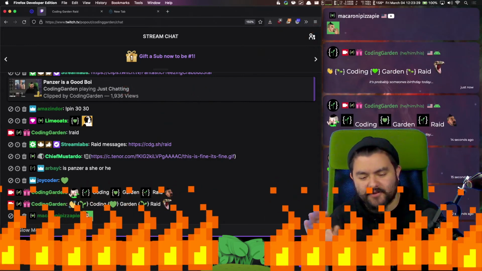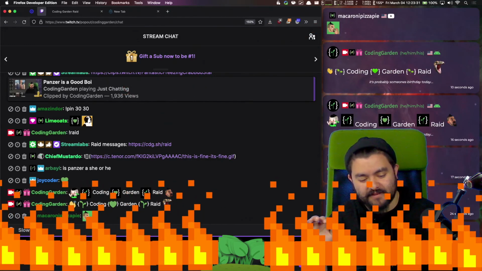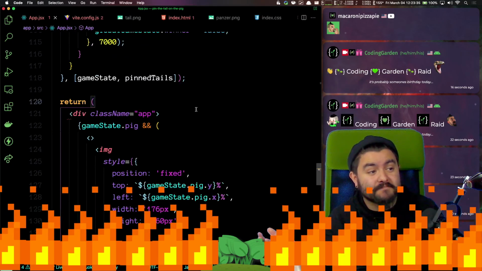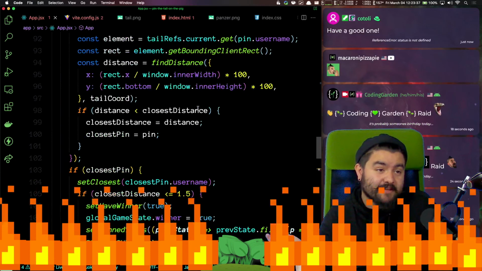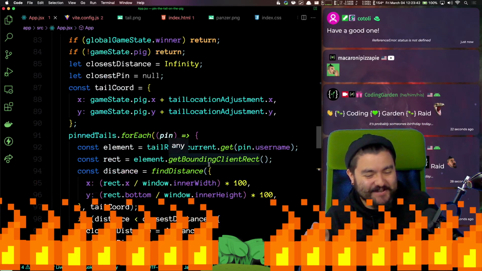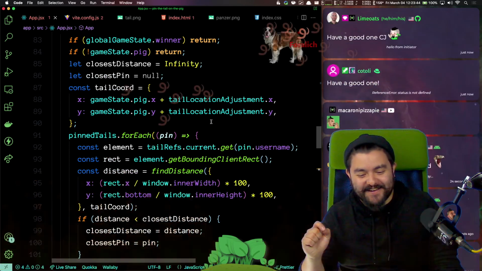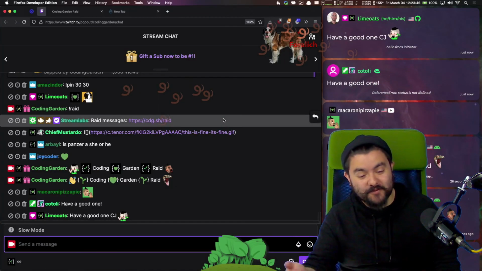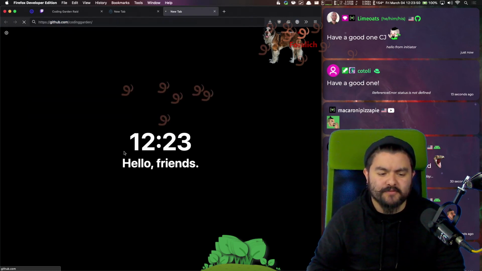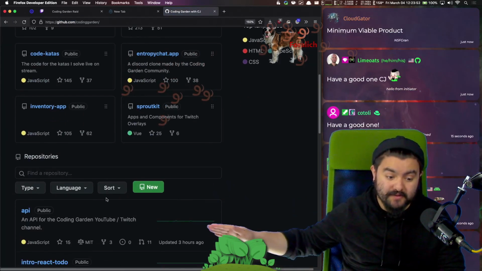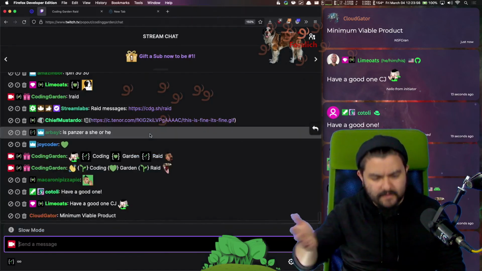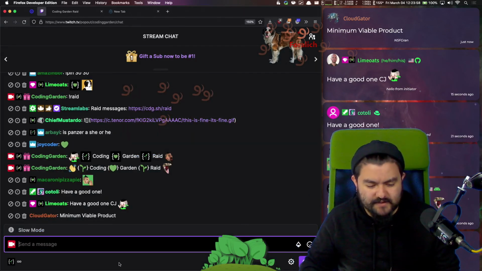This is fine. The code we wrote, completely fine. Am I worried that there's bugs in it? No, because we built a thing, and it worked sometimes. Sometimes it works, and that's good enough for me. All right, and the code will be on GitHub, so just github.com/codinggarden. It's not there yet, but it will be there. It'll be at the top because it's the most recent repo. And if you want to try and fix it, you totally can.